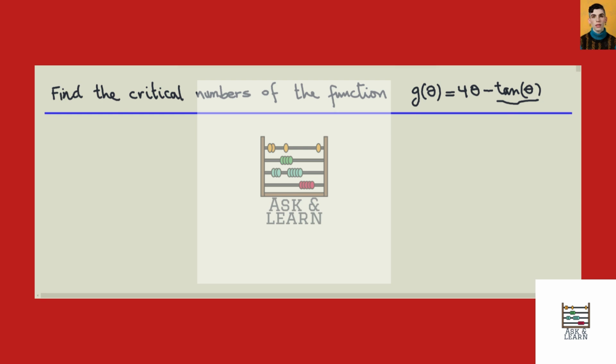Let's find the critical numbers of the function g of theta equals 4 theta minus tangent of theta. Remember that a number c in the domain of the function f is a critical number of f